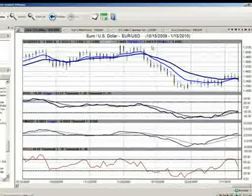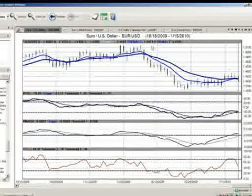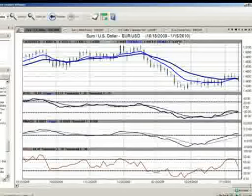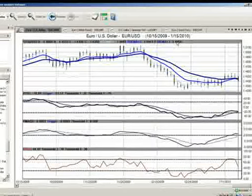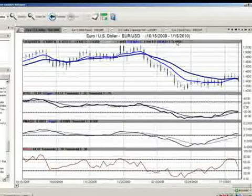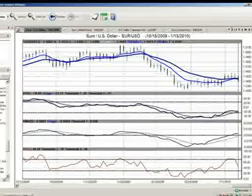144.50, that was taken out on Friday fairly easily. So again, we're back into a bearish scenario here, Euro US. We're going to be watching the 144.54 area. We're going to see if we can clear that this week. If this area can hold, Euro US is likely to move back into the 140, 142 area. So again, to start the week, Euro US, there's definitely a bearish bias here for the time being, but